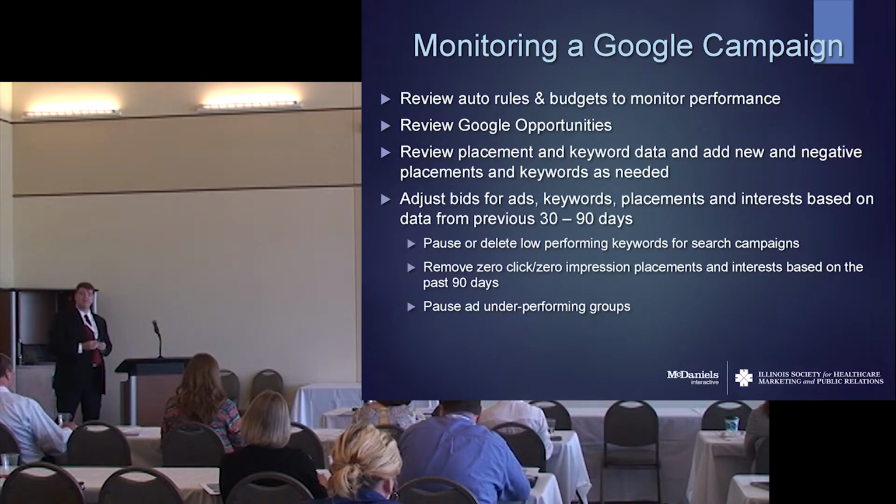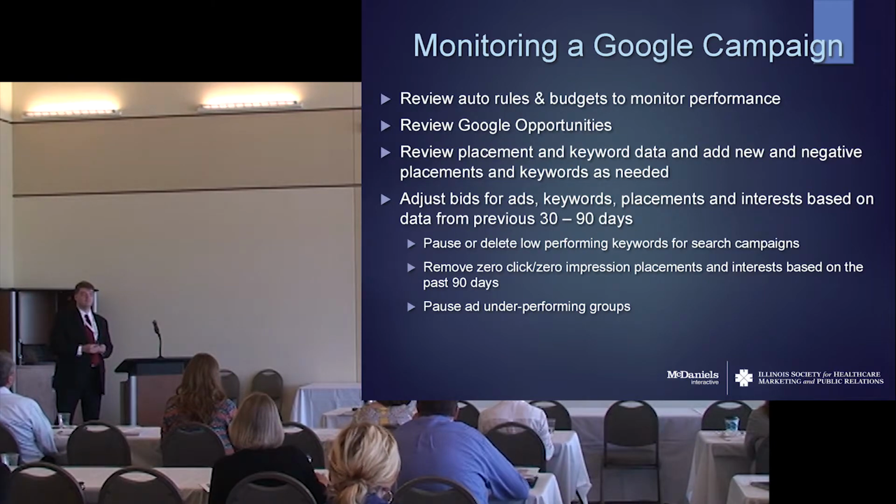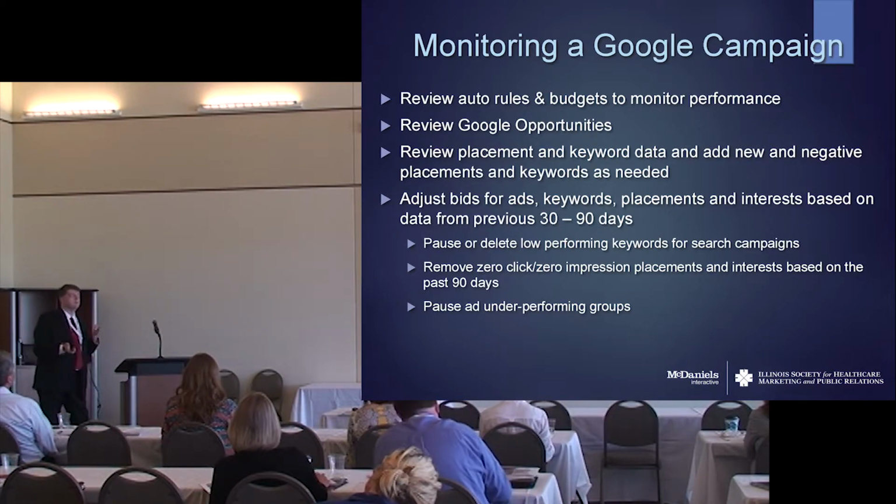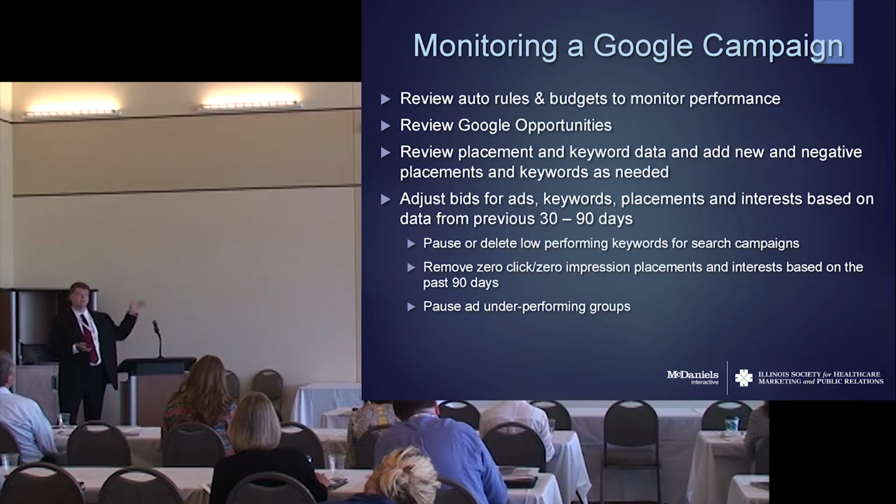After about 30 or 60 days, you're going to notice certain terms you're not getting any traffic from. Turn them off. Focus on what's actually working for you. We recommend looking at about a 30 to 90 day range, because you might get some seasonality in there. So, for example, if I'm looking at performance for May, I'm going to go all the way back to February and look at what worked and what didn't, and that's how you know how to make adjustments.